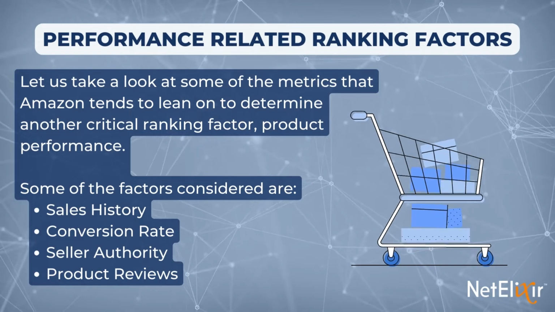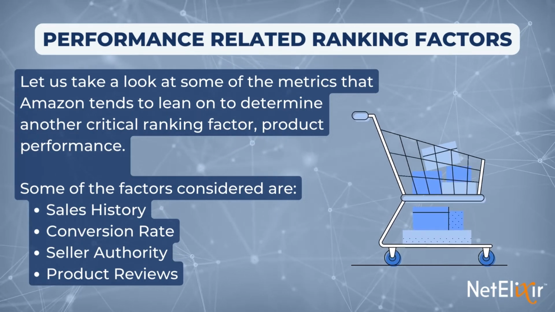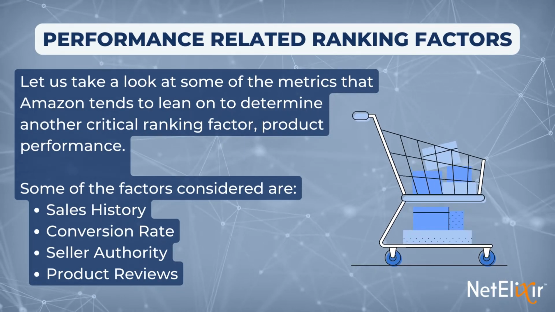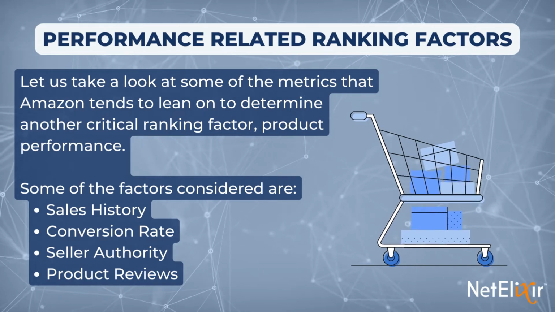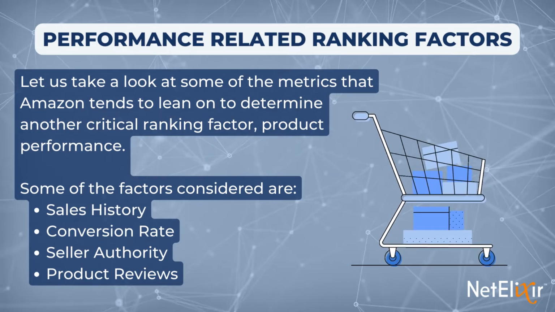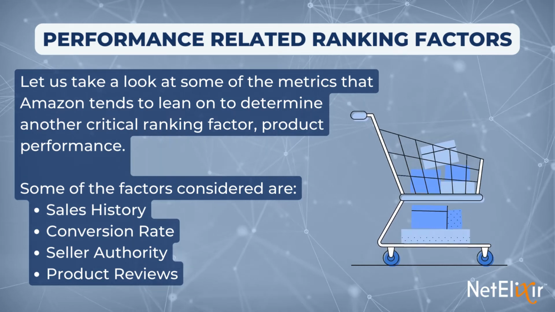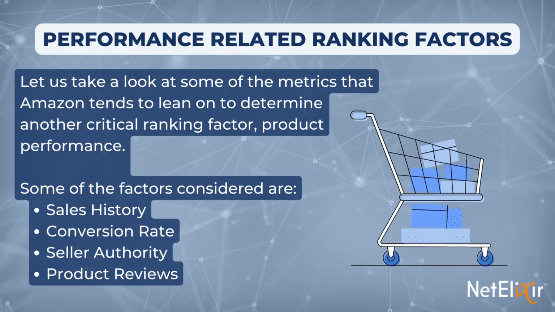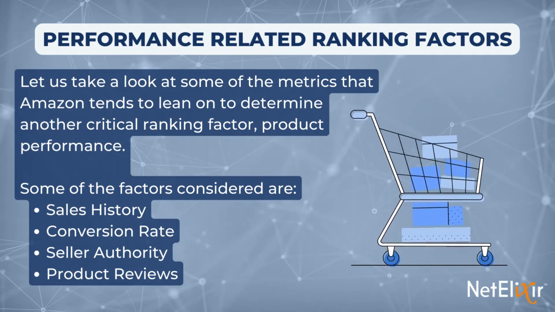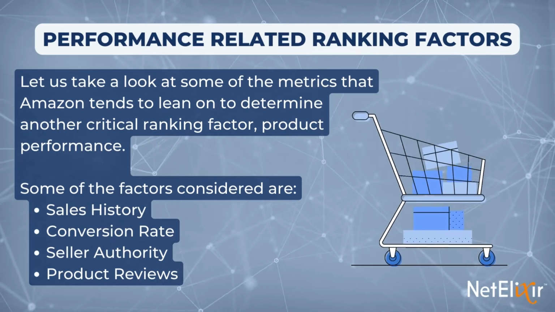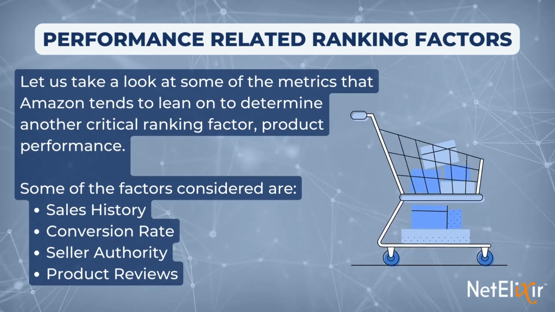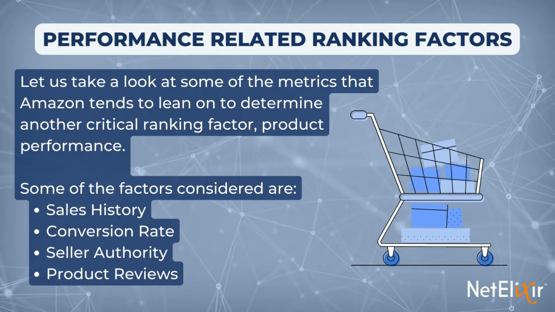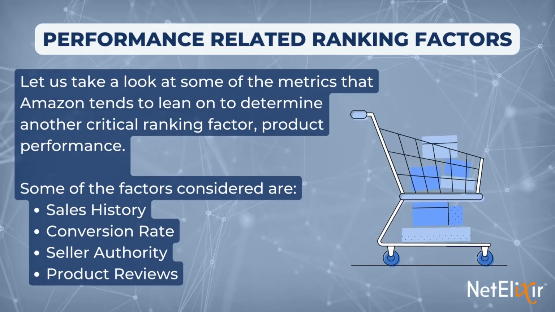Let us take a look at some of the metrics that Amazon tends to lean on to determine another critical ranking factor, product performance. Sales history. Products with a history of steady sales appear higher in relevant search results on Amazon. Conversion rate. The percentage of visitors that clicked on your product detail page and then made a purchase from you is another ranking factor. Seller authority. Amazon gives great importance to merchants' activity in the marketplace, including performance metrics, sellers' feedback rating, inventory levels, and fulfillment methods. Product reviews. A product with a higher number of reviews has got a higher chance to rank than its